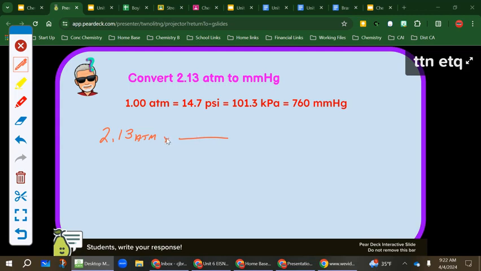Later on in this unit, we are going to set up proportions which will be equal to each other, which we will treat differently. But for right now, ladies and gentlemen, since ATM is the unit here, we take this one ATM and we put it on the bottom. We are trying to get to the unit of millimeters of mercury, so this 760 millimeters of mercury goes on the top, ladies and gentlemen. And now you simply do the mathematics. The mathematics say take 2.13 times the number on the top and divide by the number on the bottom. When you do that, ladies and gentlemen, you will get